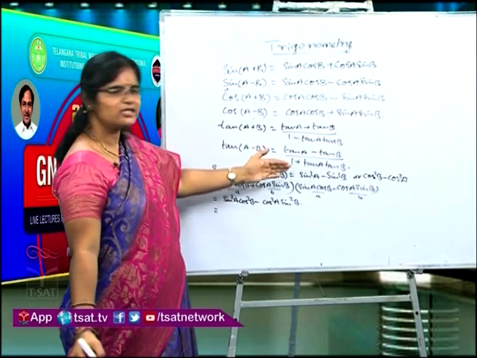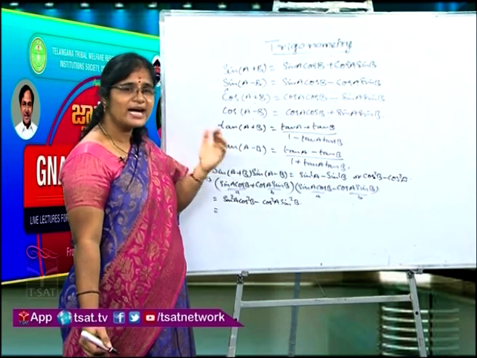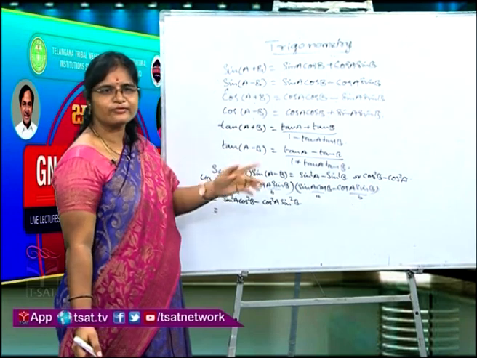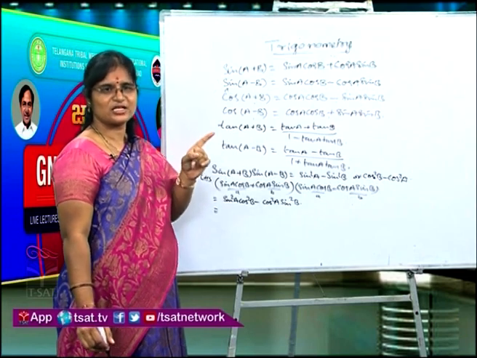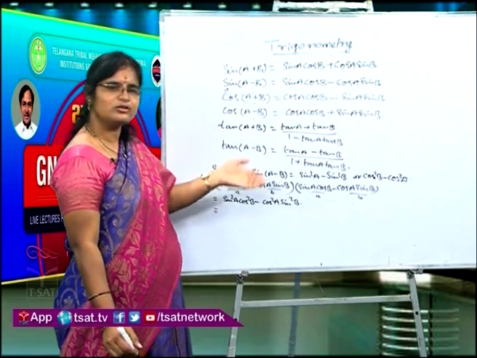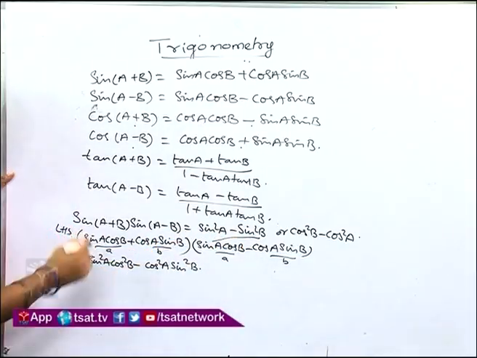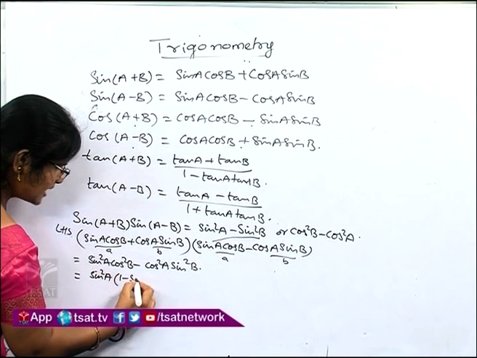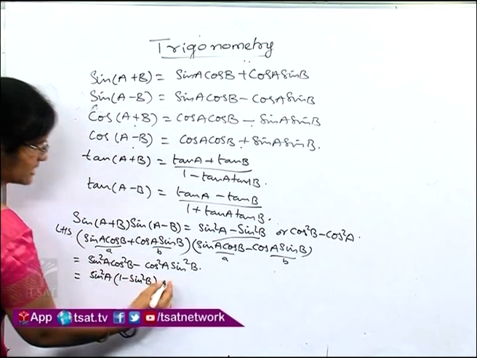Now, if you want the formula in terms of sin, then you convert cos terms in terms of sin. If we want the answer in terms of cos, then convert sin in terms of cos. By which formula, children? By our first identity, we have sin square theta plus cos square theta equal to 1. From that we can write sin in terms of cos or cos in terms of sin. Here I am deriving the first formula, that is in terms of sin, so I am converting cos in terms of sin. From our first identity, cos square theta we can write as 1 minus sin square theta.